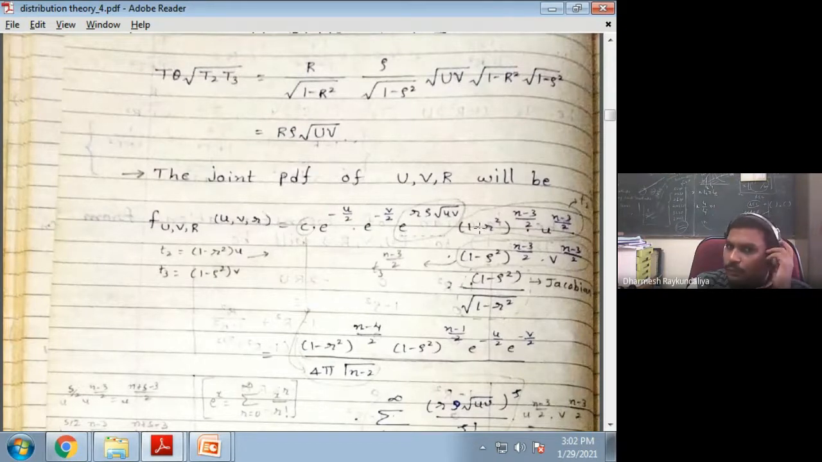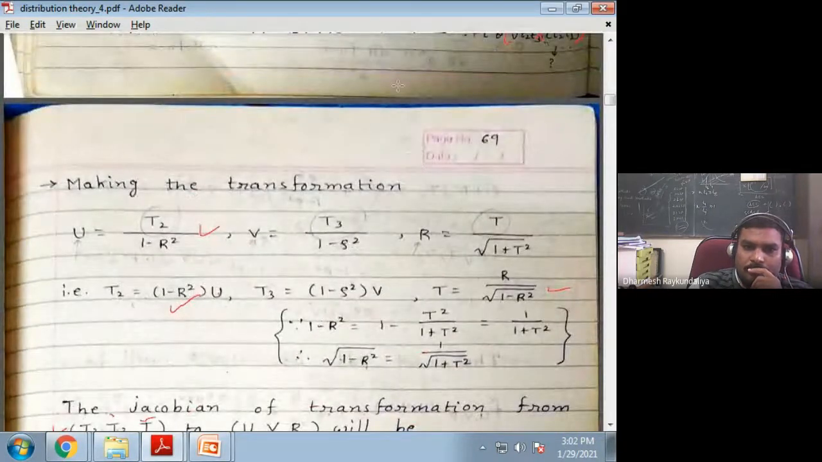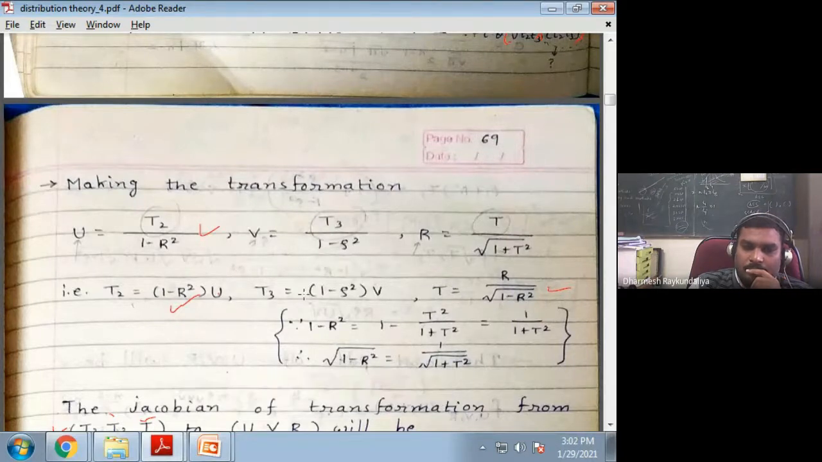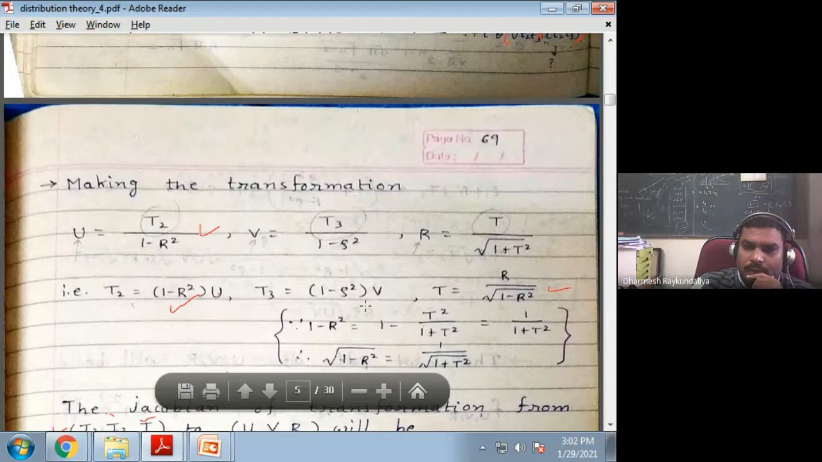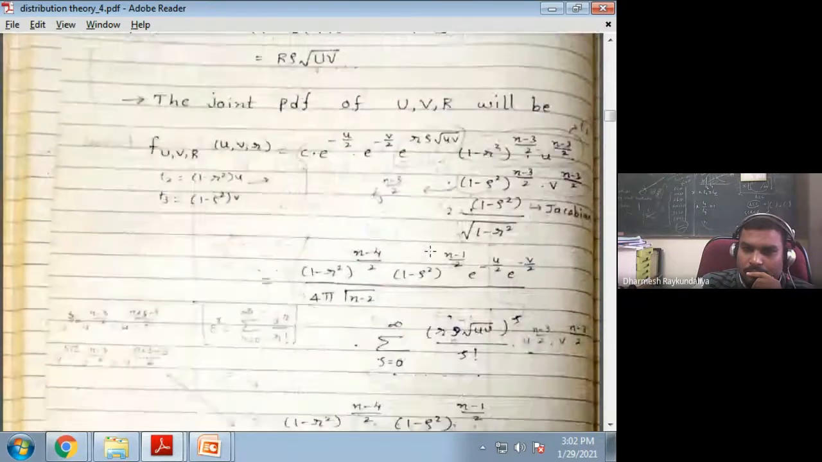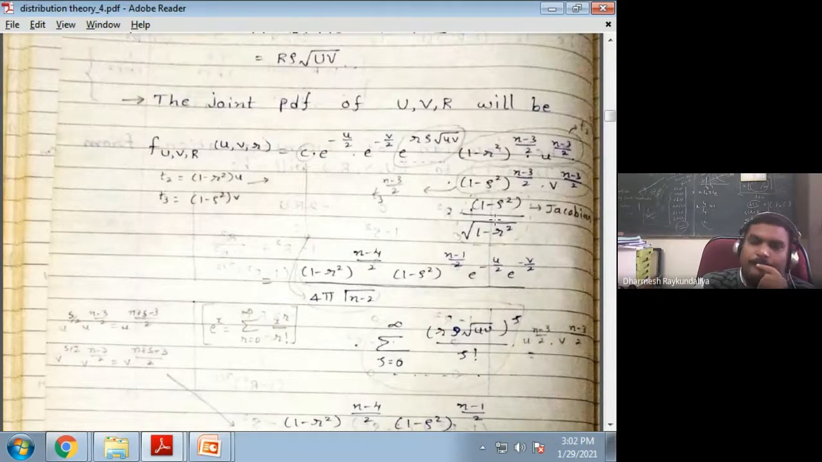And what is the t2? So t2 you have already obtained. T2 is equal to this, so you have to write 1 minus r square u raised to n minus 3 by 2, and t3 is 1 minus rho square v, but what is the power? n minus 3 by 2, and the Jacobian is 1 minus rho square upon square root 1 minus r square. So you can see that, and then I have written this Jacobian. Now what we do, we first gather all the terms of